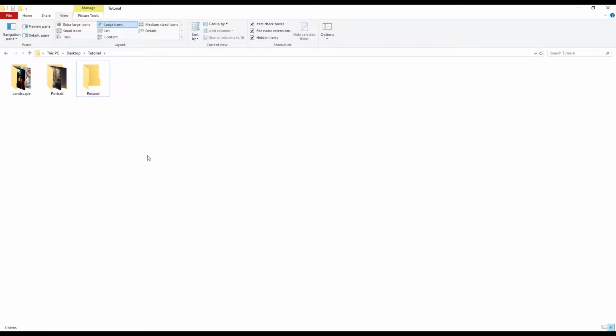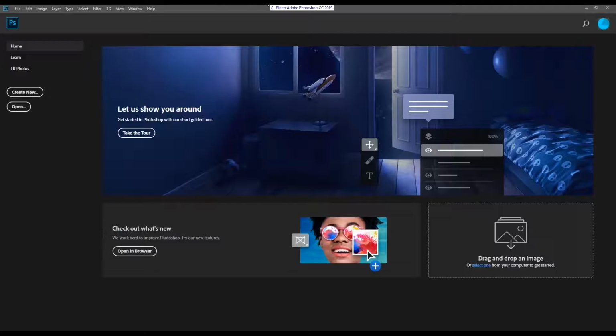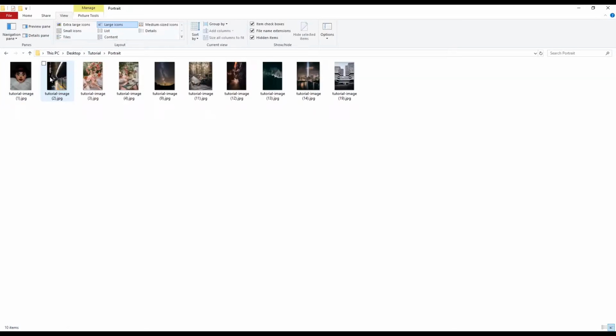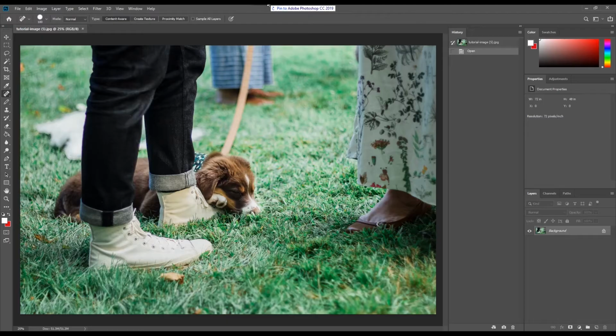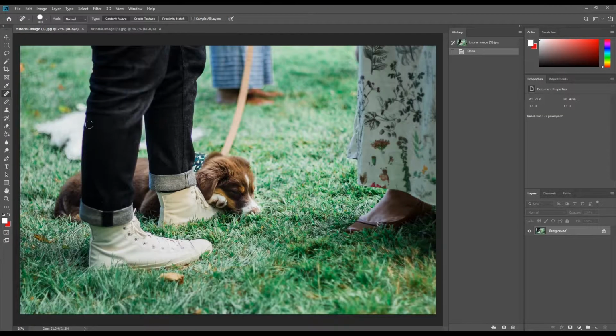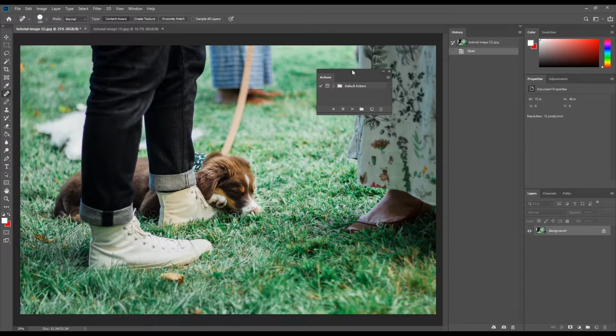We will now open one image from the landscape folder in Photoshop and a portrait image also into Photoshop. In this tutorial, we will start with the landscape image. At the top navigation bar, go to Window, Actions. This is the Actions panel. We will create a new set called Image Resizing,